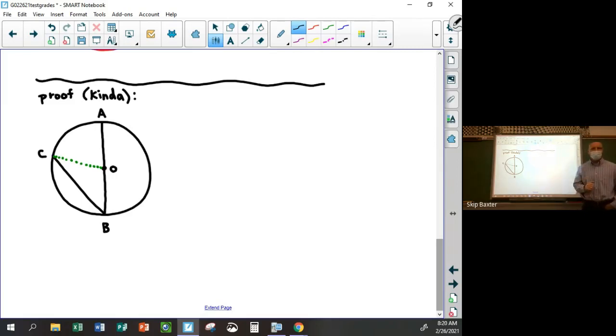Does anybody remember what that says? It says that the exterior angle is actually equal to the sum of the other two interior angles, the remote interior angles. This angle actually has to equal the sum of these two angles. So by the exterior angle theorem,